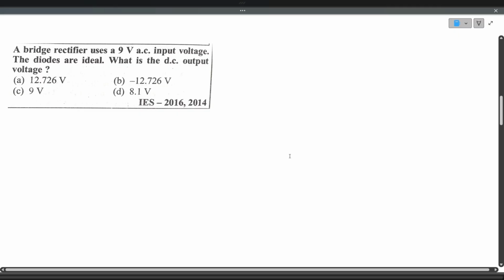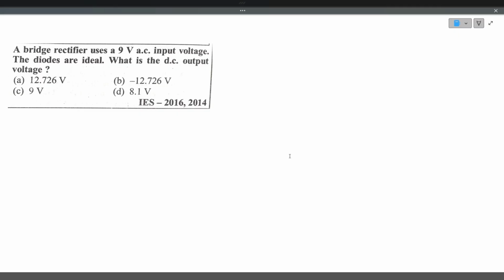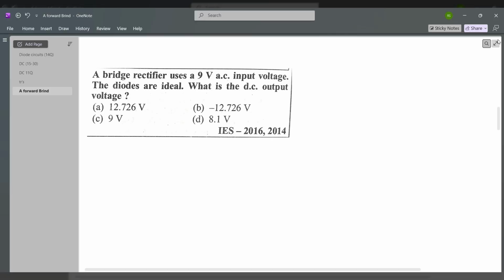Now we'll see the next question. A bridge rectifier uses a 9 volt AC input voltage. The diodes are ideal, and what is the DC output voltage? So here the given input voltage VRMS